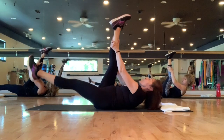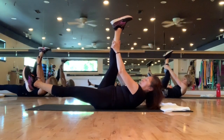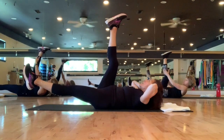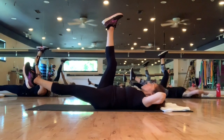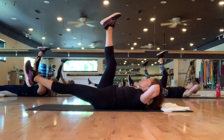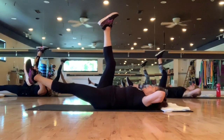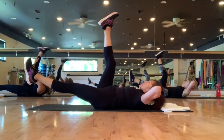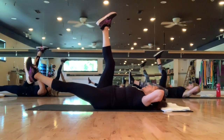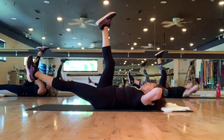Now hold that right leg up and leave that left leg in full extension, hovering off the mat. Remove those hands from the leg, put them at the base of that neck. Support that head with your fingers and hands, and let's crunch up, down, 2, 3, 4, 5, 6, 7, 8, 9, 10, 11, 12,